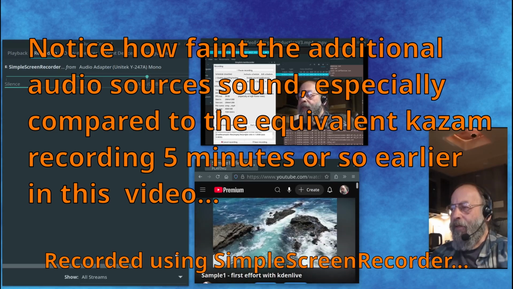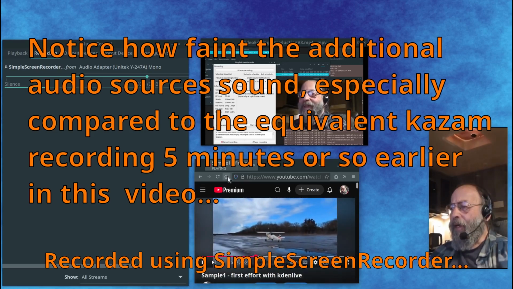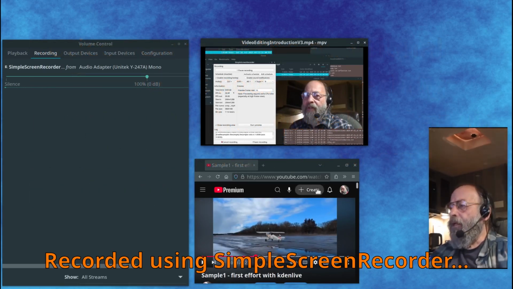And the point here is not only what it sounds like right now. Pause, pause, pause. Okay. Not only does it matter what it sounds like right here, but when the Simple Screen Recorder produces the MP4 file, what does that sound like? And the next thing I want to do is,